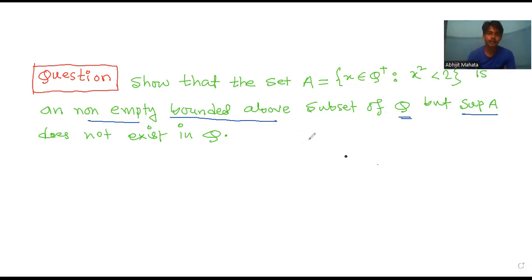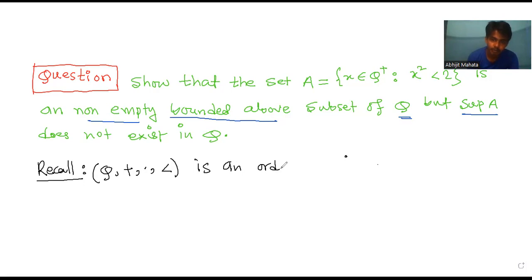So let's do it one by one. In my proof, I will use that Q with plus and dot is a complete ordered field. So recall, if you have no idea about the ordered field, you can go to a basic book and check the definition. So recall Q with plus, dot, less than is